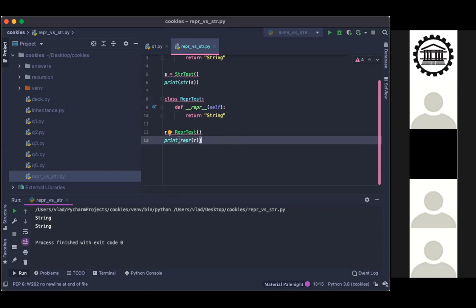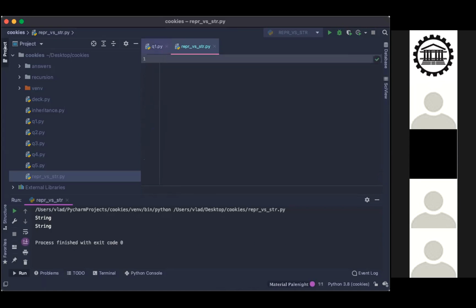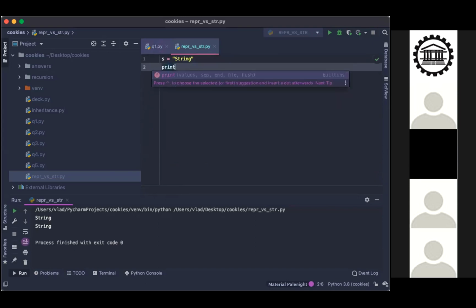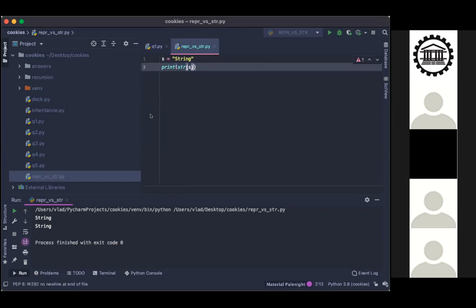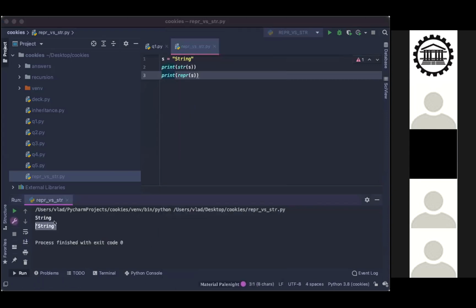Let's try with an actual string then. Say we have s equals string. Usually you define them differently. So repr would be more for debugging purposes. So here, if I did print str s, you'll see that it gives me string right here. But if I print the repr of s, then it gives me its value inside of the single quotation marks. So they're two different definitions.